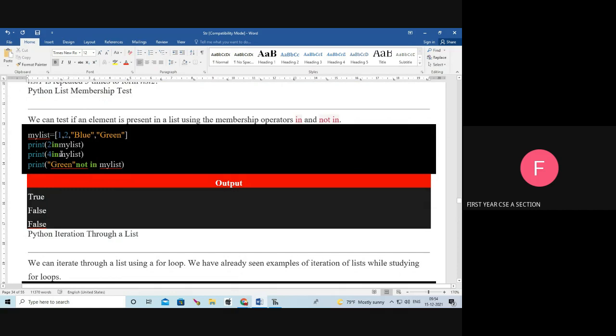Next, the membership test. What membership operators are there? In and not in. We will see an example.